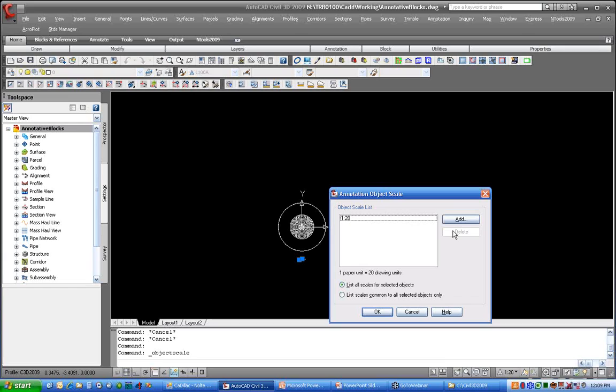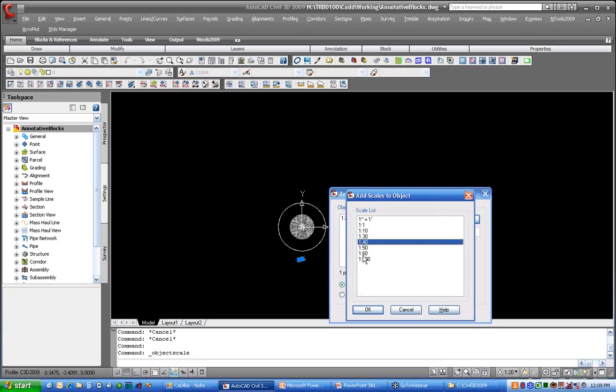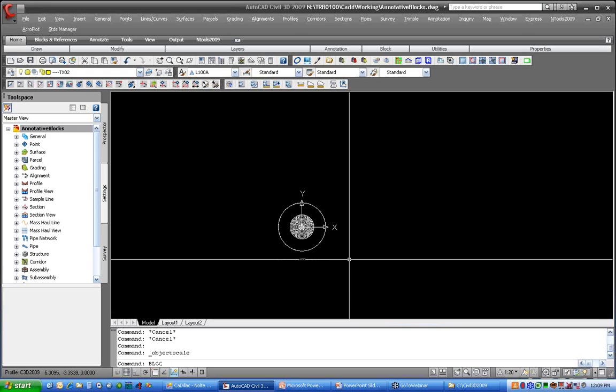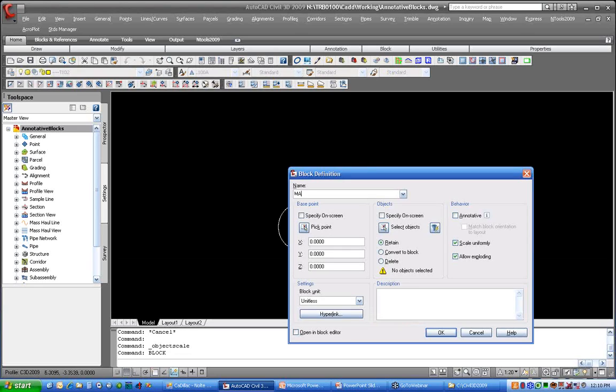So right now it's assigned to 1-to-20. I'm going to say, well, I want to see that at 40. And I can also use Control and Shift to select multiple. So maybe I'll pick 40 and 60 here, and we'll pick OK to that. So those are added to the list. Pick OK. And now when I create my block, we'll call this one marker